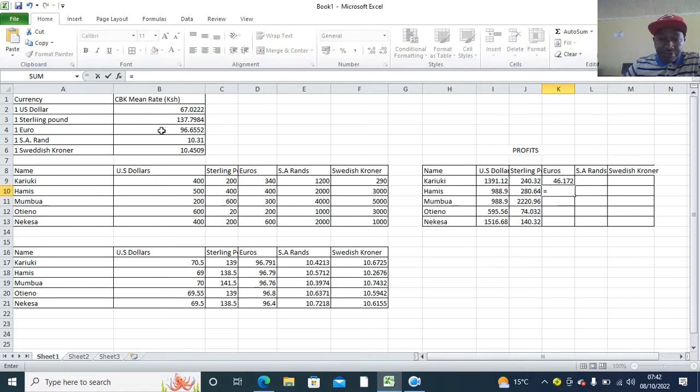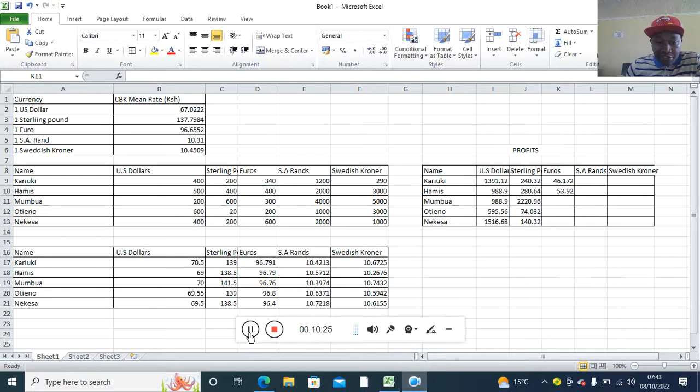For this one equals, open the bracket, we have euros for the next guy, 400 times, that is 400 times this is who, Hamisi, times that one, close the bracket, minus, open the bracket, the same 400 times euros, close the bracket, enter. So after having done that,